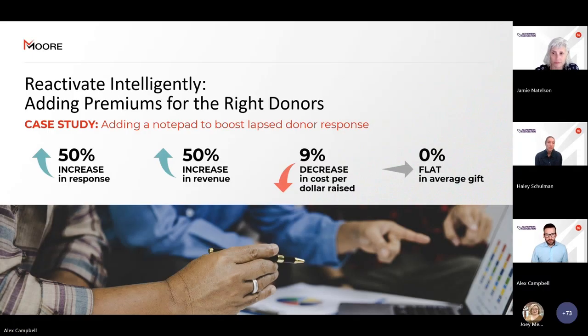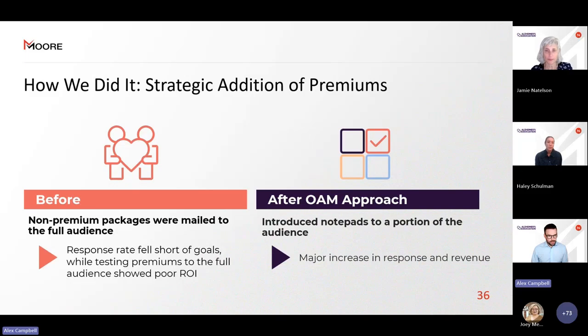So in this case, non-premium packages were being mailed to the full audience, and response rates were falling short of goals. And at the same time, testing premiums to the full audience was ineffective. They were not able to beat the control by doing so because of the high cost per dollar raised with the notepad package when it was mailed to everyone. So by introducing notepads to just a portion of the audience, we saw that 50% increase in response, which is